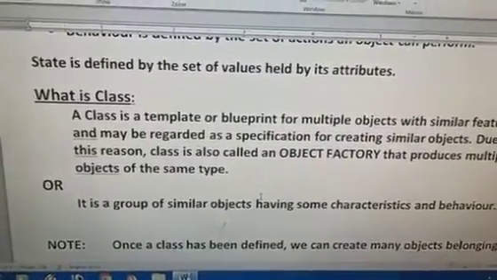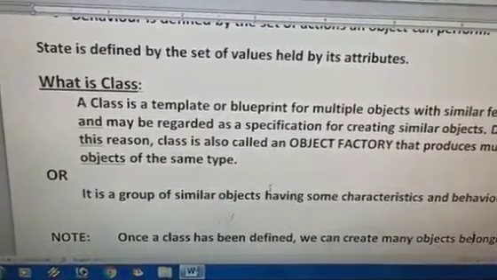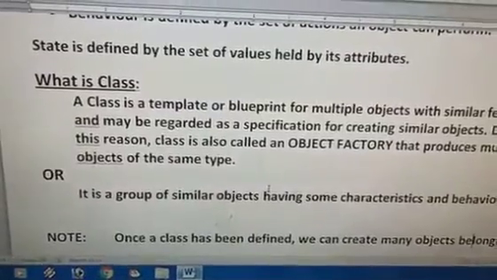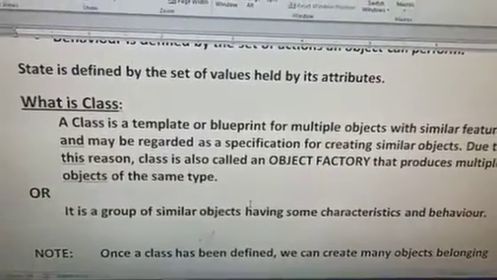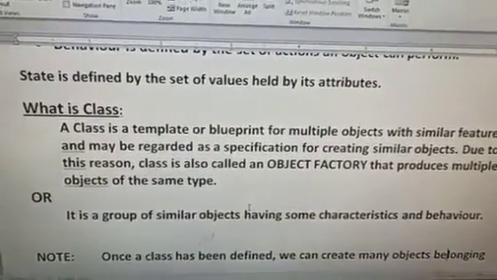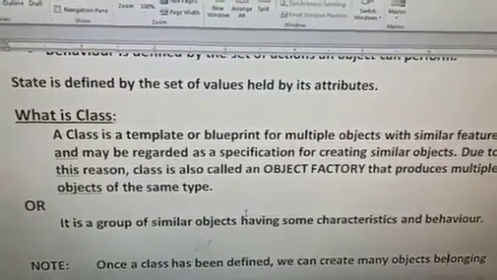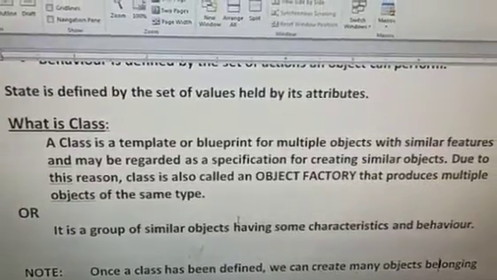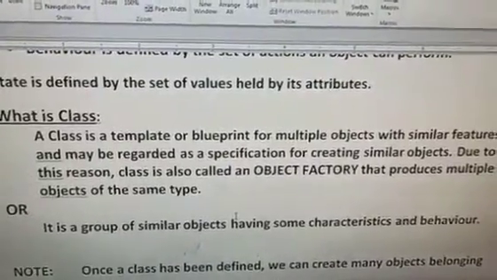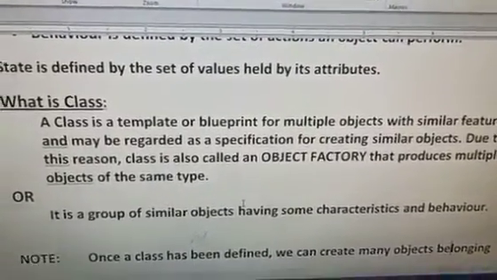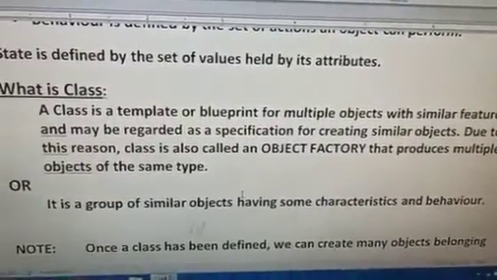Now see the objects, that is orange and mango. Object orange has the values for its characteristics like color, flavor, origin, and mango also has color, flavor and origin. Maybe the orange has color orange, flavor is sour, origin is Spain, and the mango color you can have yellow or green. The flavor can be sweet and sour both. Origin is India. So these values are basically the states.